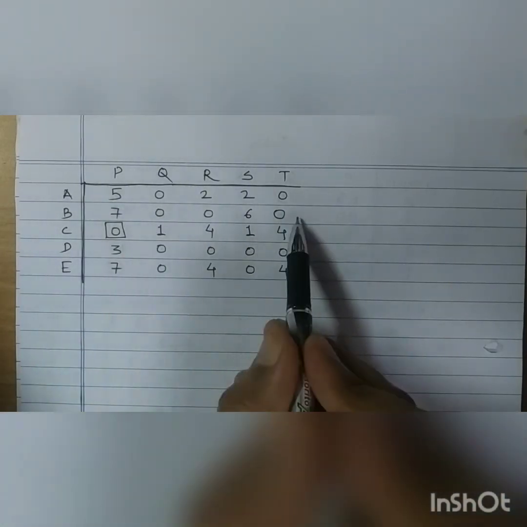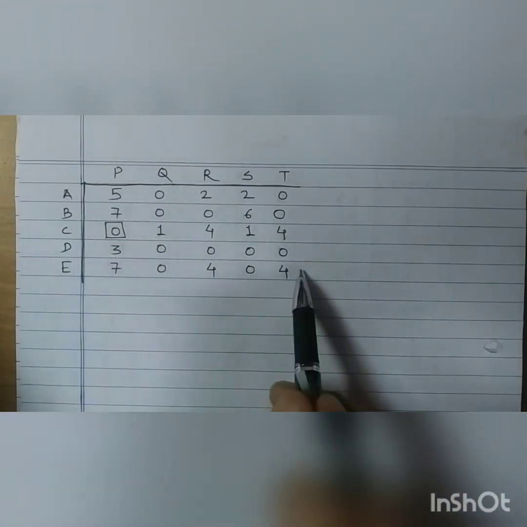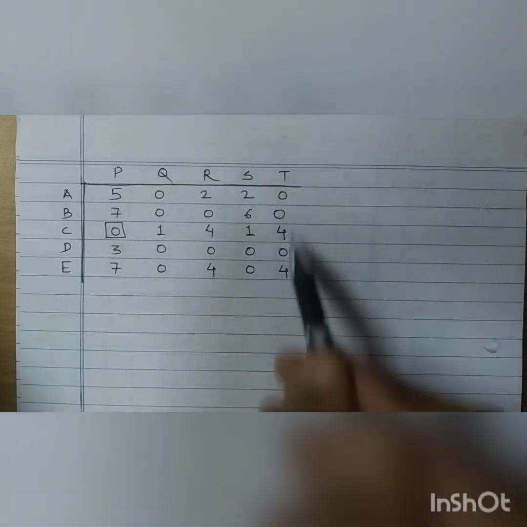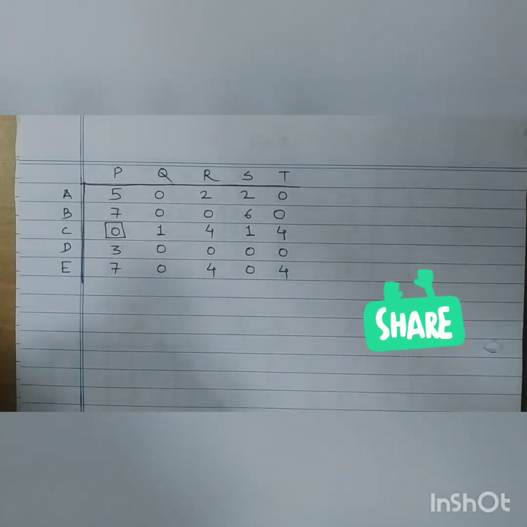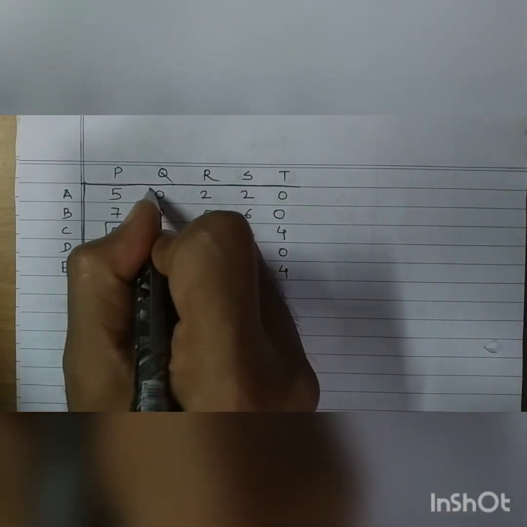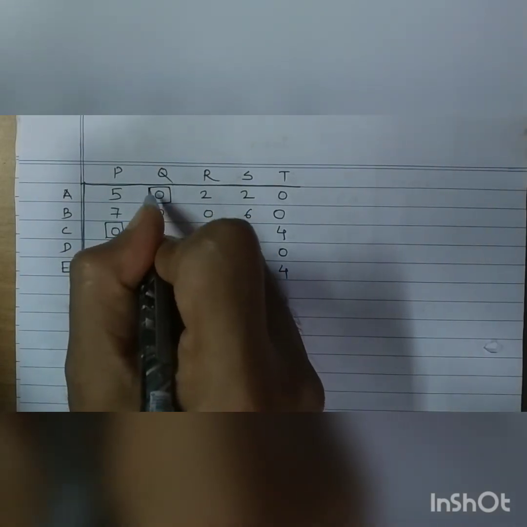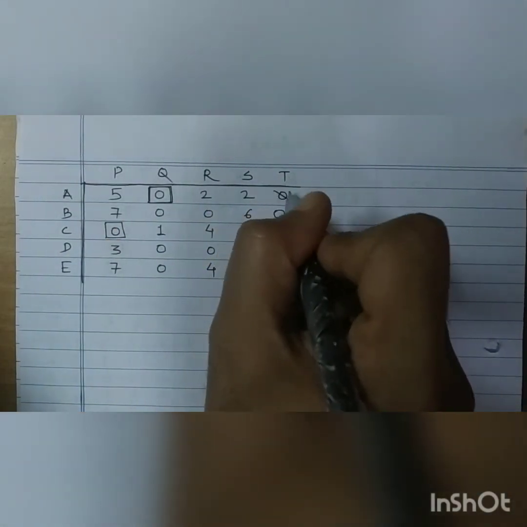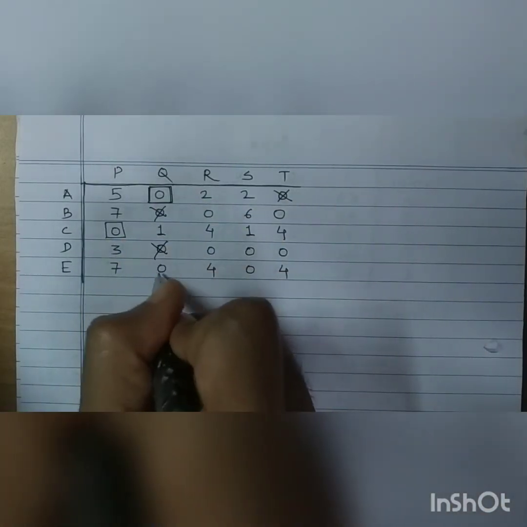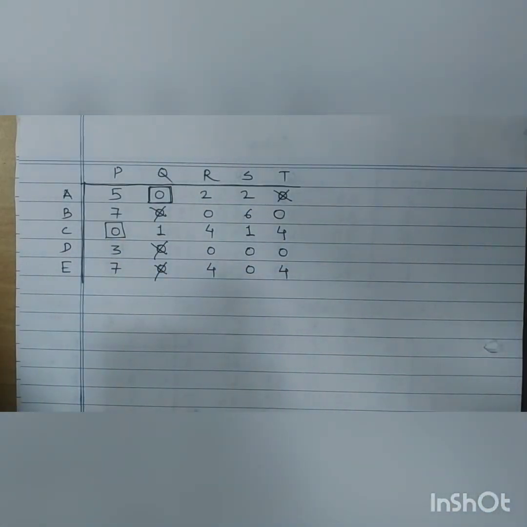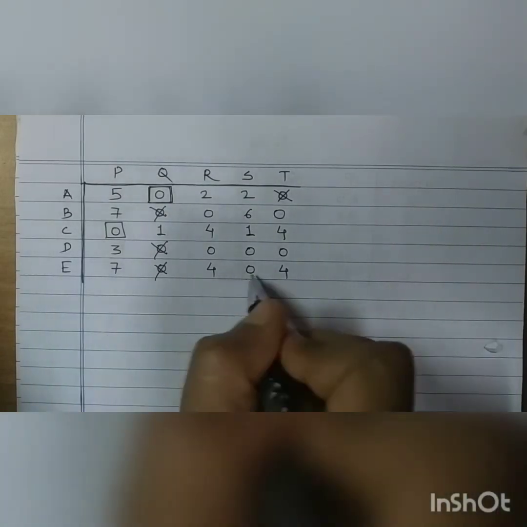Here there are 2 zeros, 3 zeros, 4 zeros, 2 zeros, 4 zeros, 2 zeros, 2 zeros and 3 zeros. So I cannot find any alone zero now. So randomly I can select this zero. Once I select this zero, along with the row and the column, the zeros are permanently deleted. Now can you see an alone zero? Yes, you can find an alone zero here now. So capture this zero. Once you capture this zero, along with the row and the column, delete the zeros.